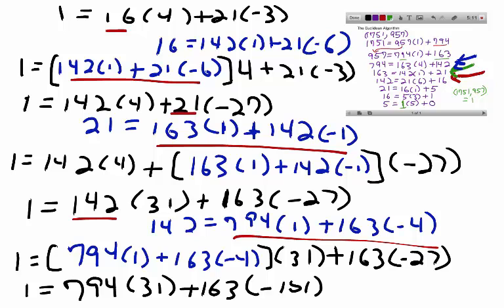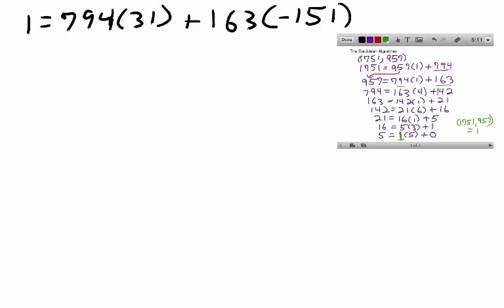At this point, we're going to move to the next screen. You may want to jot down what we have here and check your work. So now moving ahead, our next step, working our way up in the Euclidean algorithm, is to set our expression here equal to 163. This gives us 163